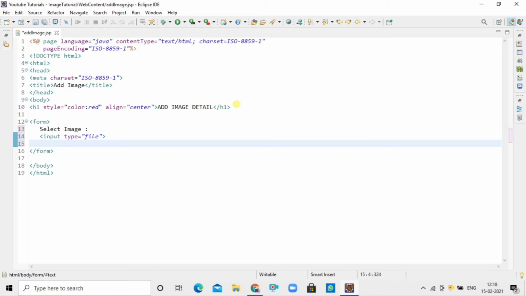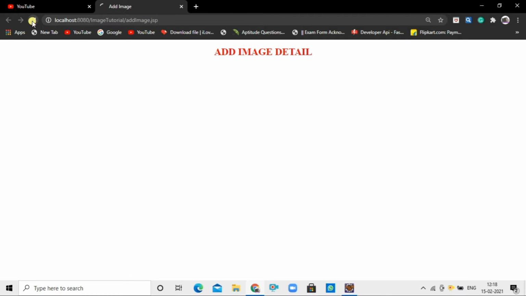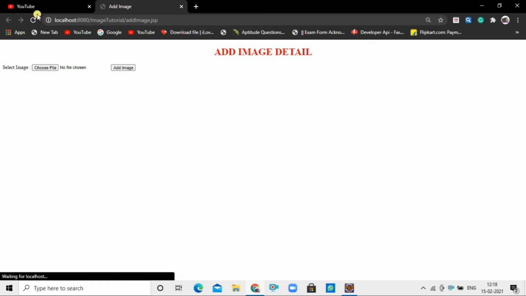And after that I want a button as the add button. Refresh it. Okay, we got it. Let's make it to the center.